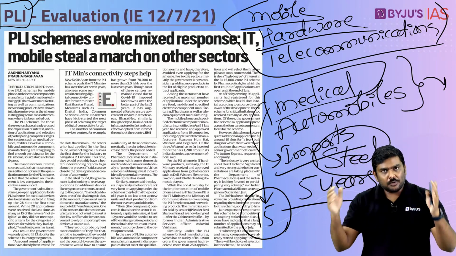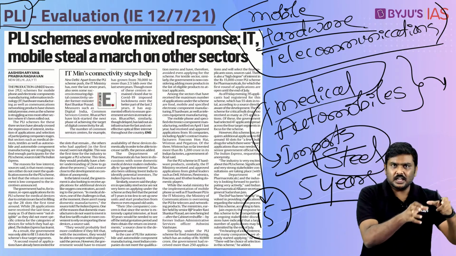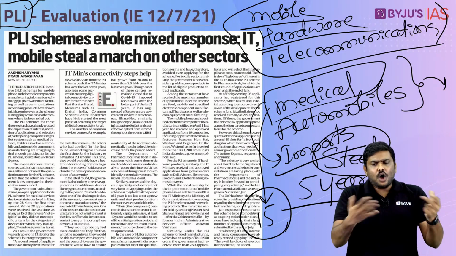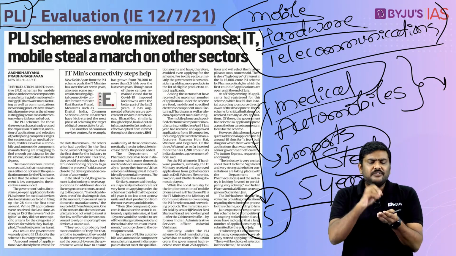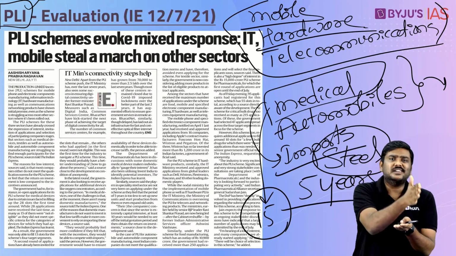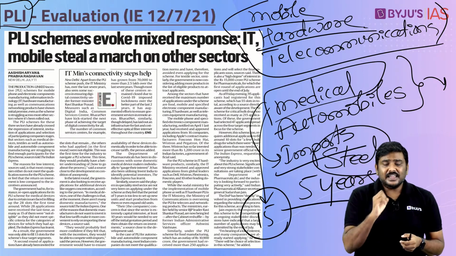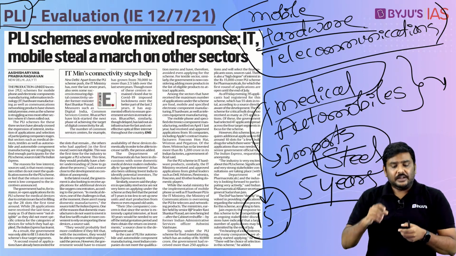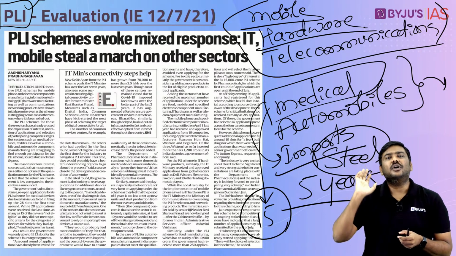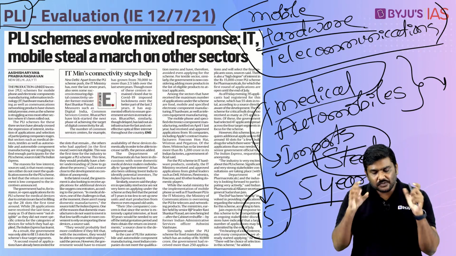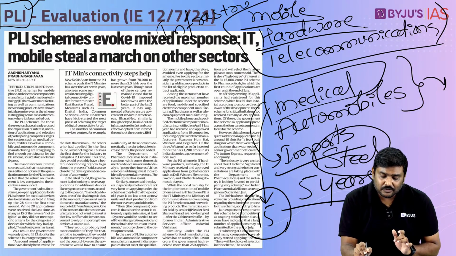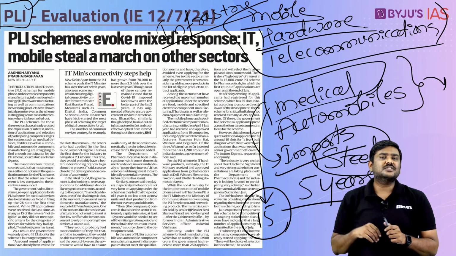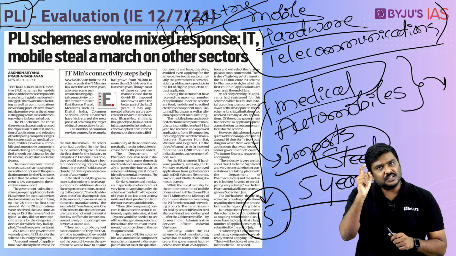Why? Government says either you invest and set up a new steel manufacturing plant, or you can expand the existing steel manufacturing plant itself, and we are going to provide incentives if you meet certain conditions. But these investors or companies are saying the 5-year time period is very short. Generally what happens is, in case of infrastructure projects, please remember one particular term that will be thrown around related to infrastructure projects: gestation period is very high.